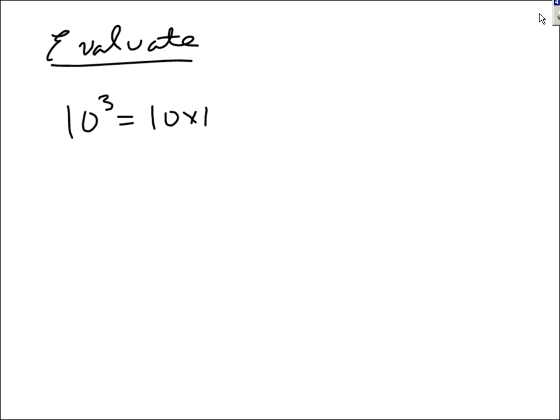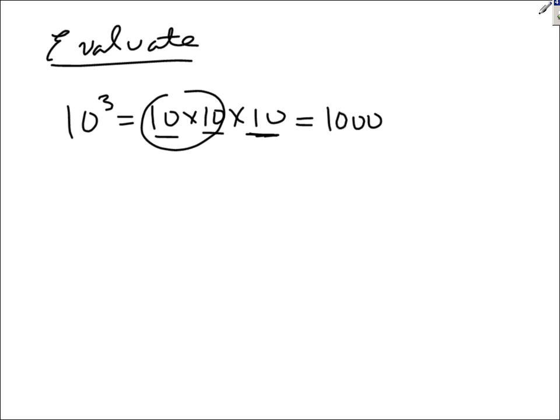If you wanted to know what 10 cubed is, we're still under evaluate. Think about what it means. 10 times 10 is 100. 100 times 10 is 1,000. If you have 10 $100 bills, it's $1,000. If you wanted to know what 1 to the 5th is,